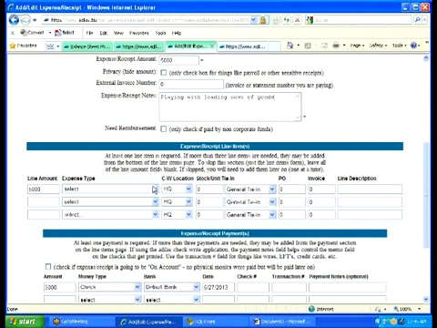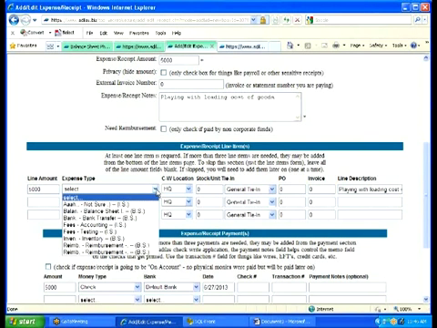Okay. Right here, 5,000. I can split this into however many little pieces I want. And if it exceeds 3, read the help file. It just says, guess what? You can add unlimited. I'm just trying to keep it simple, so I'm not going to show you 50 million of them, okay? What we're going to do is we're going to say, hey, let's send this to cost of